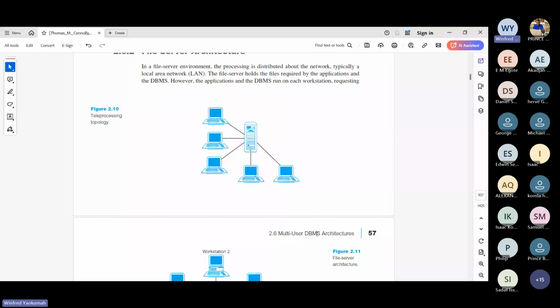And then we have some terminals. And those days, the terminals were dumb terminals. And then the file server was basically a flat file system where we issue queries and then we retrieve records from the flat file system that we talked about last week. So my question is, if the thin client that we have